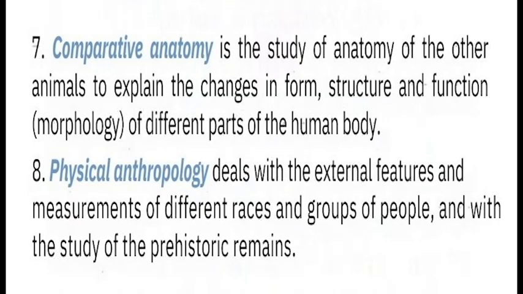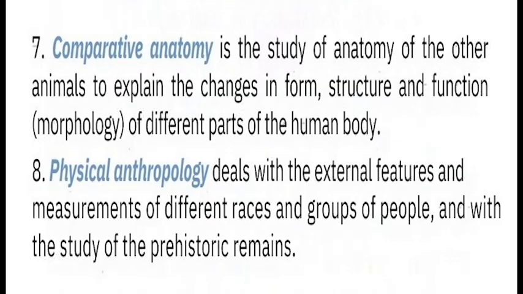Comparative anatomy is the branch of science where the body structure and functions of humans are compared with those of other living organisms to gain a clearer understanding of human biology. What is studied? It examines how the organs, bones, and muscles of various animals differ from or resemble those of humans. The goal: its primary objective is to discover how human body parts have changed and adapted throughout the process